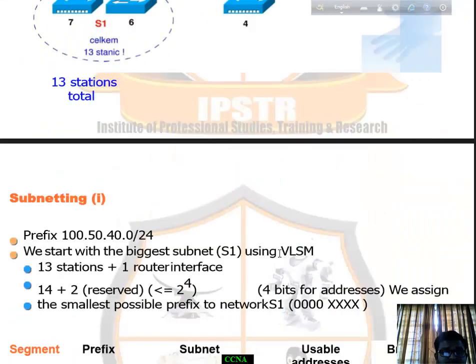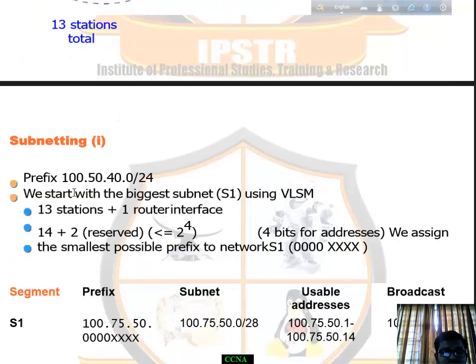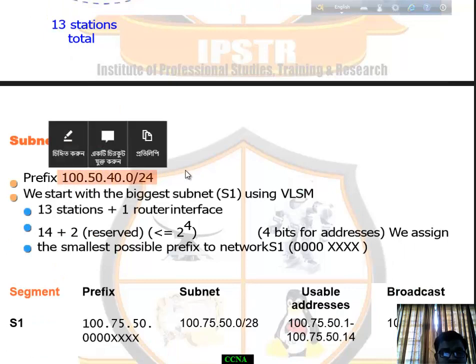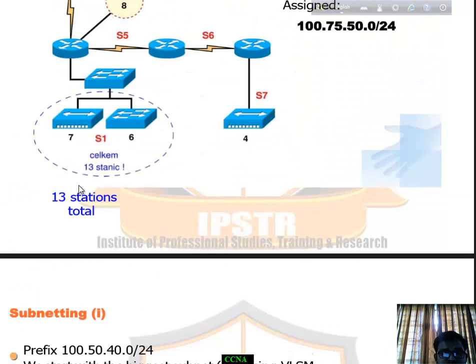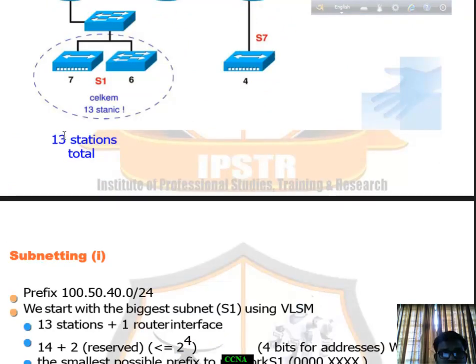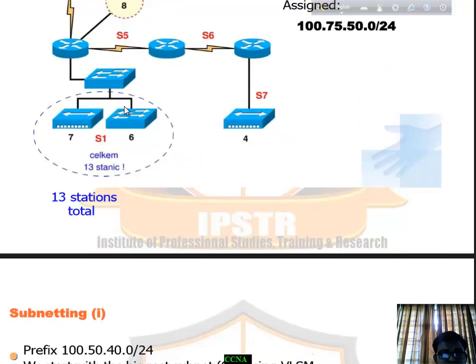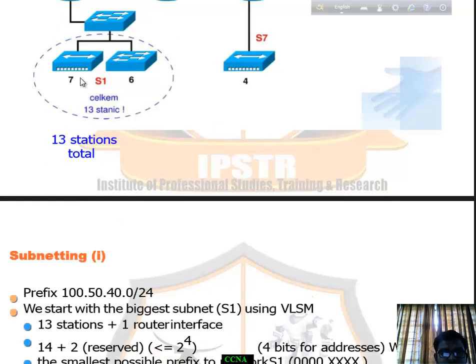Okay, first subnetting prefix. There is a prefix of subnetting. We start with the biggest subnet, S1, using VLSM. There are 30 stations mentioned in total, plus one router interface. This interface will be counted for this network. So our total interface count will be